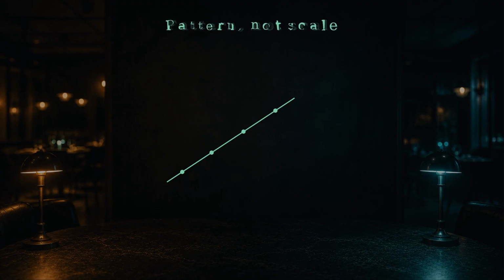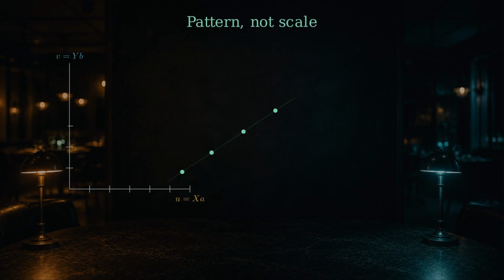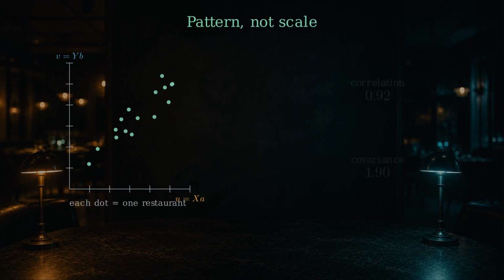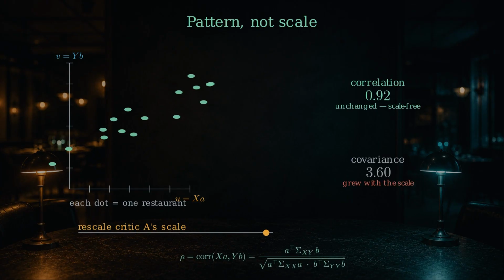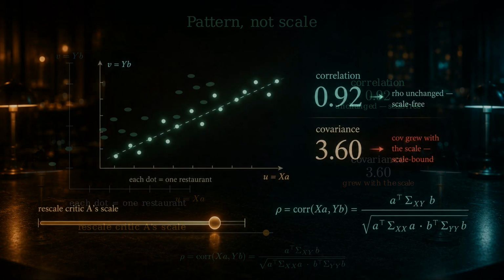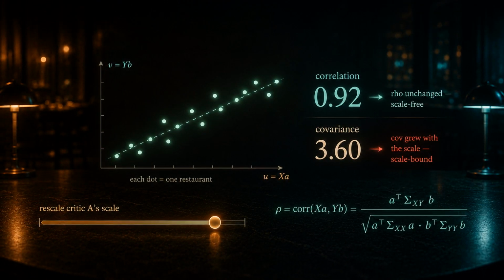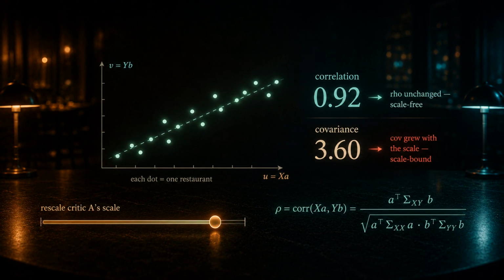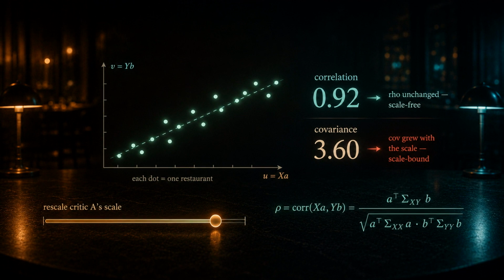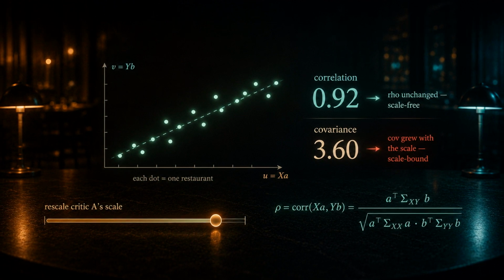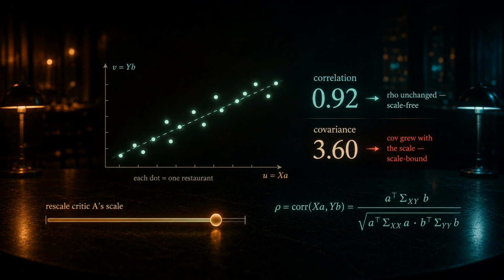Now watch 2 numbers. Correlation asks only whether they rise and fall together, ignoring scale. Covariance is their shared spread, scale and all. Rescale critic A, and stretch the axis. The covariance grows with the stretch, because it's tied to the units, but the correlation doesn't budge. That's the whole idea. Canonical correlation analysis maximizes correlation, not covariance, so it hears the shared pattern and ignores how loud each critic is. In symbols, the cross-covariance term on top, divided by the square root of each critic's own